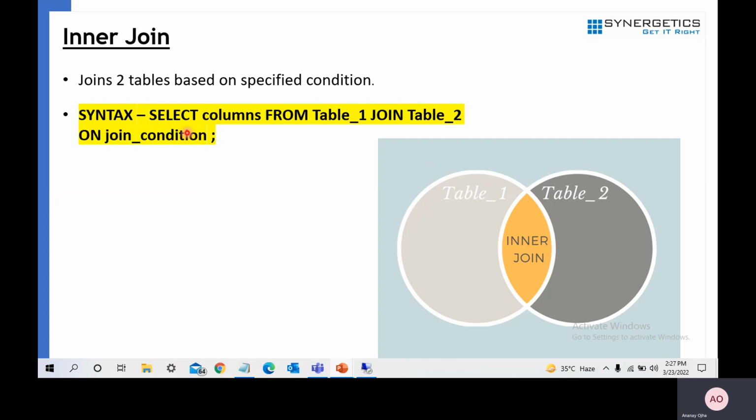As we know, if you want to get any columns out of a table, we have to specify that under the select statement. Similarly, we have to specify whatever columns we want under the select clause, and then from which table we want it, like from table 1. And then we have to join table 2 on specific join conditions. Like for example,